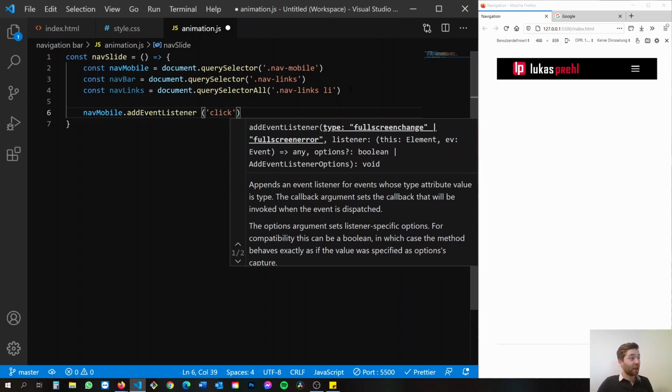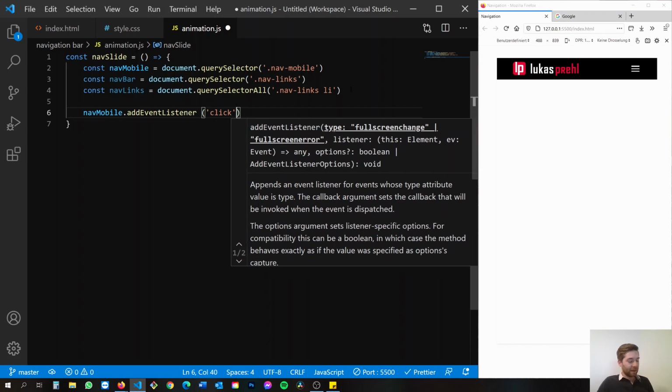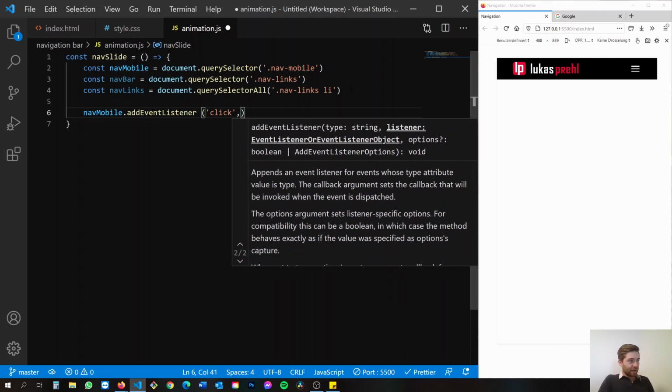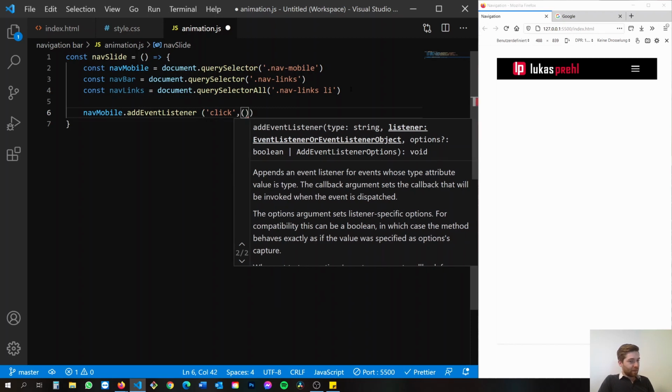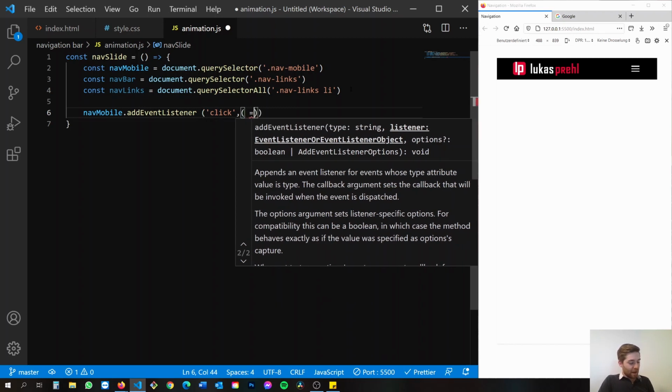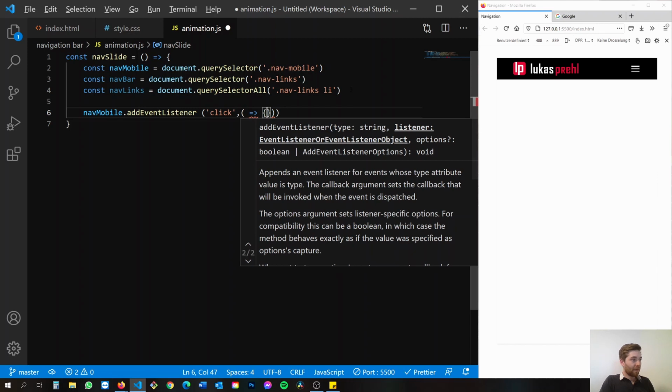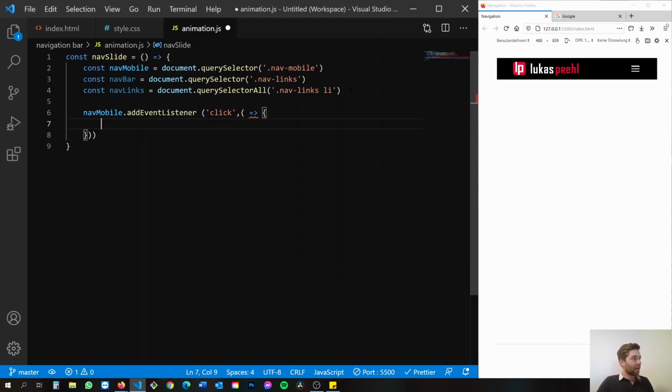So on click, like this. On click, we want to run a function. So arrow function, and now the function that should be executed is